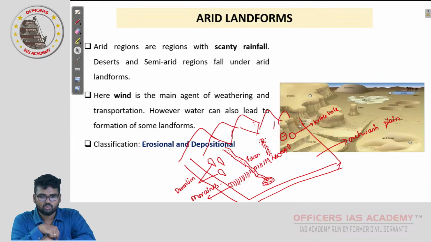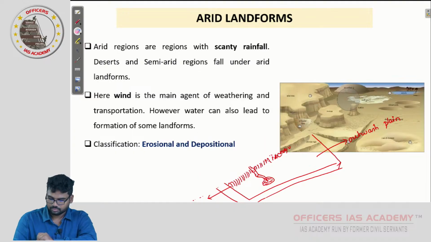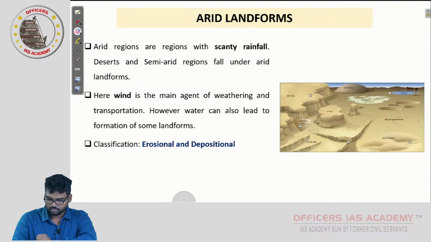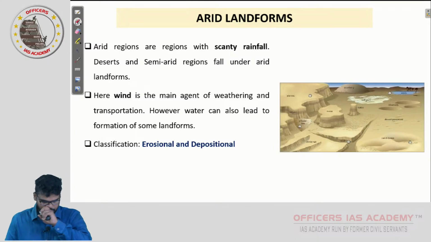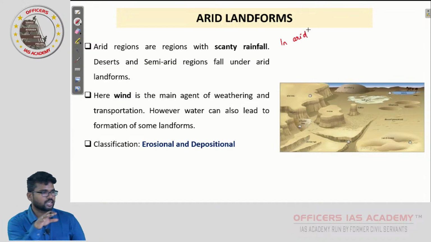So we will try to look at what are the various landforms created by the wind, particularly in arid and semi-arid locations. Okay, so please put in a fresh page, arid landforms. In arid regions, arid means you can say desertic or semi-desertic, okay, arid regions,